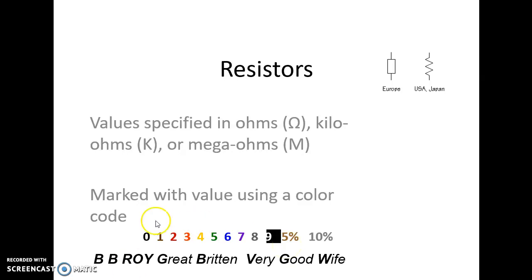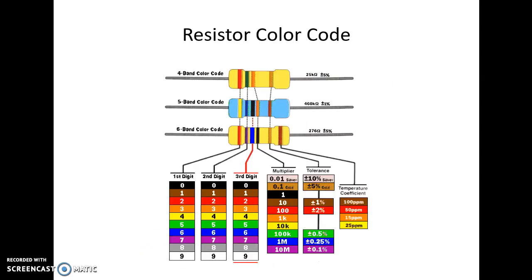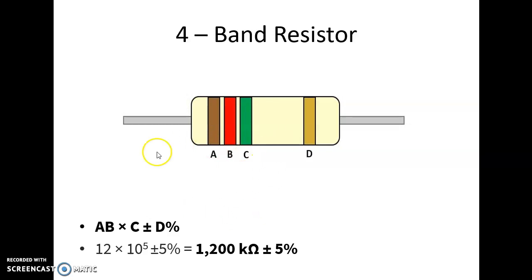Now if we remember this color code, how do we decode it to find out the resistor value? Here you can see this is a 4 band resistor. On the right side you have only one band. This is a golden band, which is called the tolerance band. The three bands are near to each other, and these represent the value of the resistor, and this golden tolerance band will give you the tolerance.